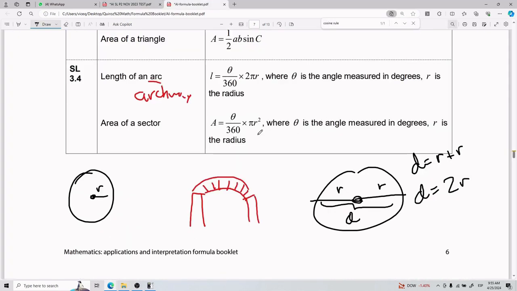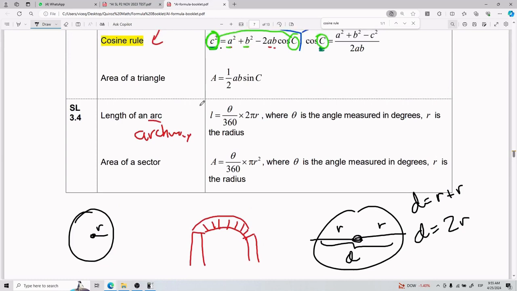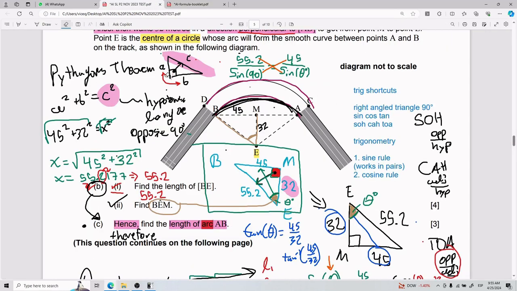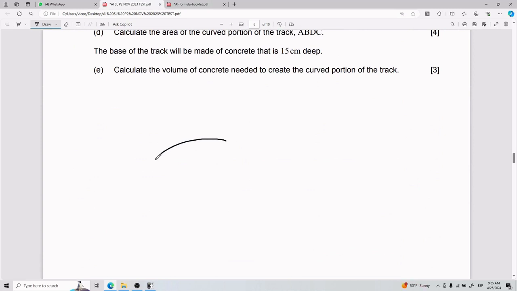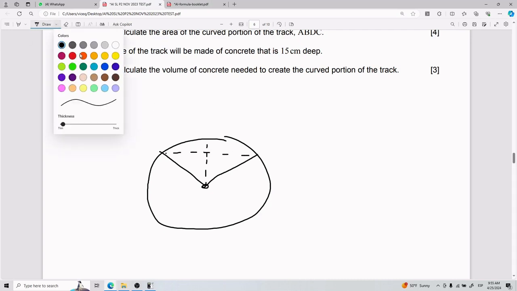And so the length of the arc that you're trying to find is AB, right? And so the angle that you need to find the length of the arc would technically be this whole angle. This whole angle is what you need, right? And so if you find that whole angle, you can find this whole arc, okay? In other words, what you have right now is this and this, right? And you need to find the length of this arc here,